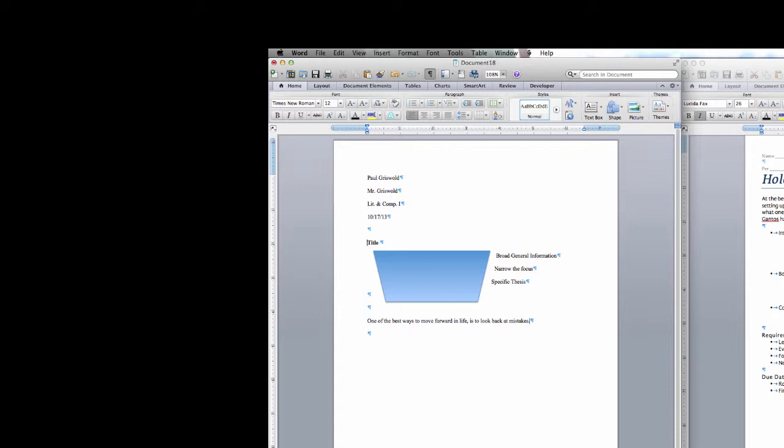Okay? After I make this broad general statement, I'm going to narrow my focus into the book. So I'm going to do that by stating the name of the book, the name of the author, and giving a brief summary. And you're going to watch how clever I can be and do this in one sentence. Let's see if you could be as clever as I am.